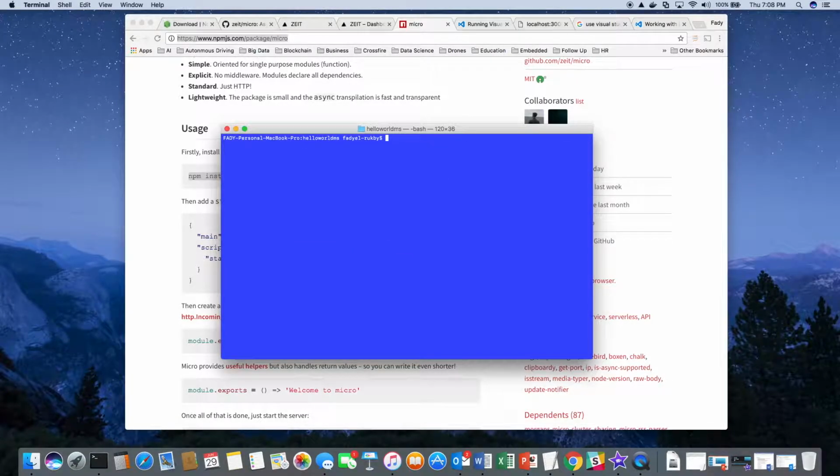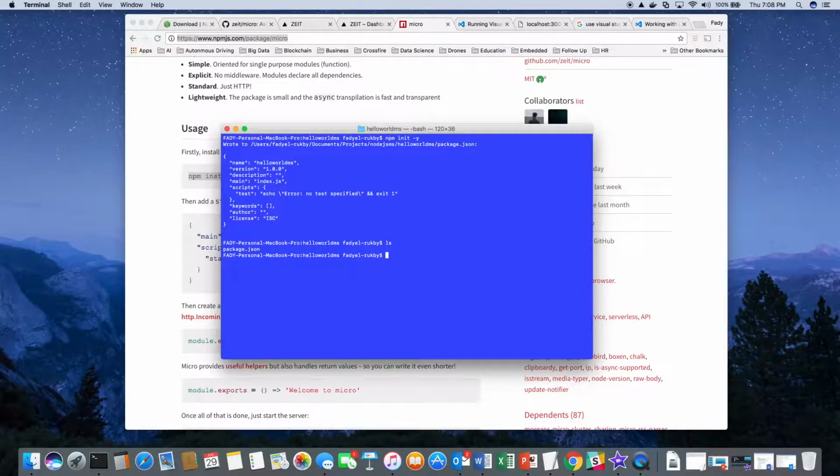So now we are inside this folder, Hello World microservice. Now to create it as a node.js project, we generate the package.json file. We can use the package manager from node.js, and this will generate for us the package.json file.